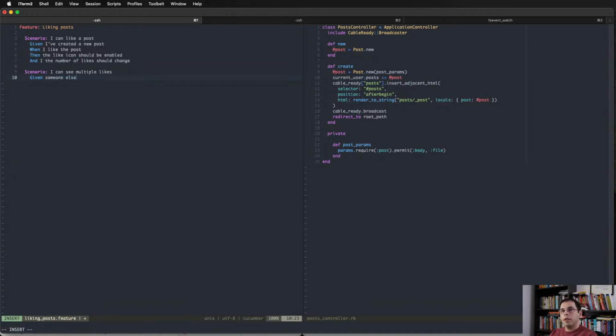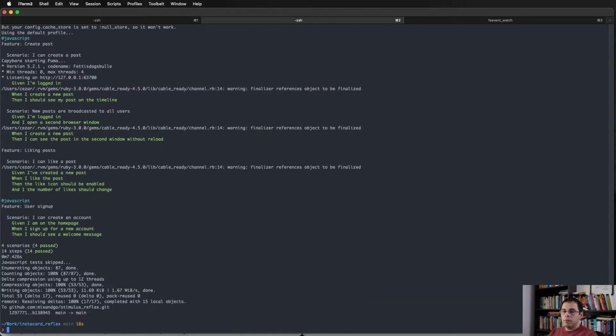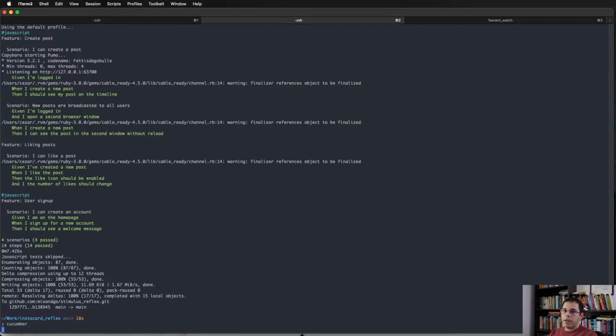Given someone else has liked a post and I like the same post, then I should see the number of likes increase. And this is just a generic wording. It doesn't need to stay that way. I can optimize it later, but what it does now, it's next time I come in, and